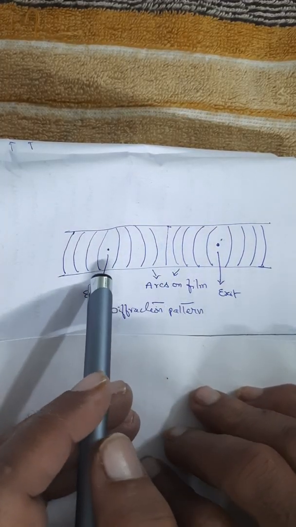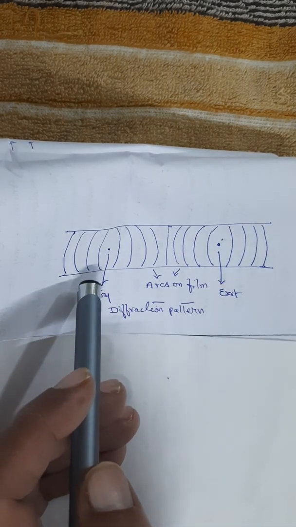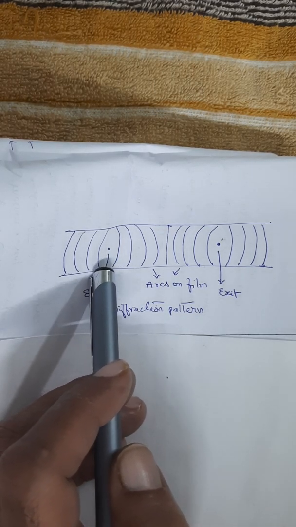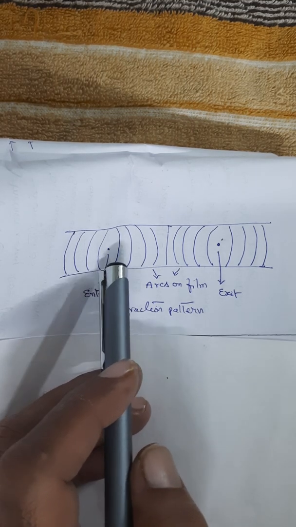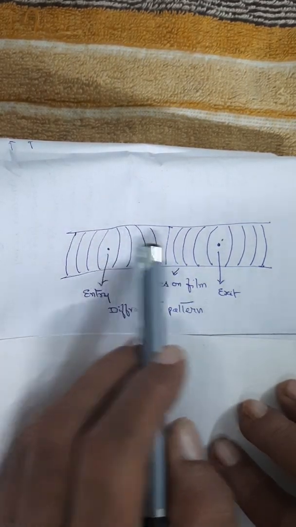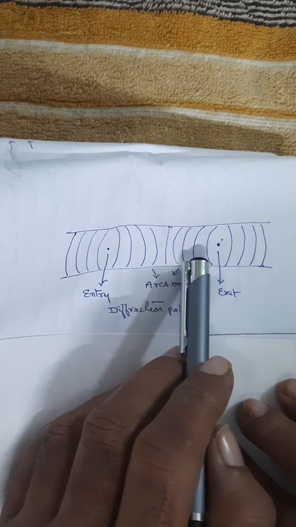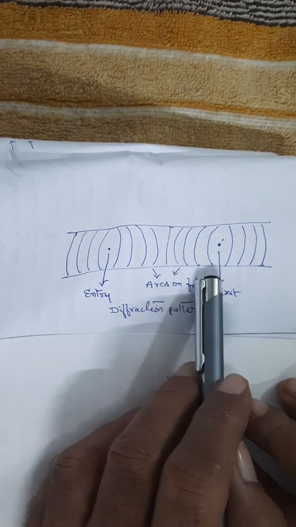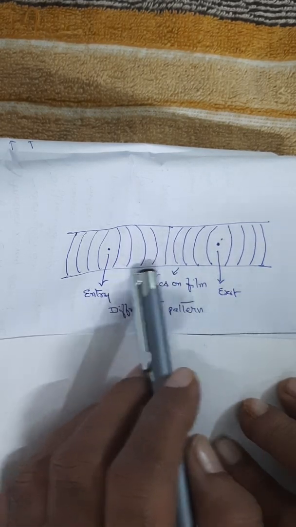Once the X-rays are diffracted in the cone, the transmitted X-rays come out through the exit hole. The diffracted X-ray cones, as I told you, make impressions on the film in the form of arcs. These are arcs on either side of the exit and entry holes, both sides, with their centers coinciding with the hole. The diffraction pattern therefore looks like this. So this is the image we are getting in a powder diffraction.